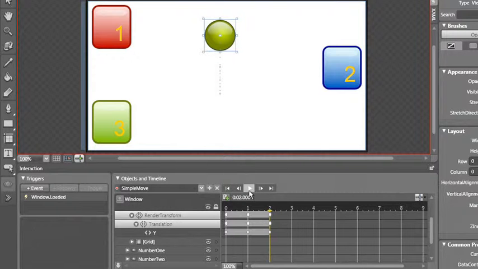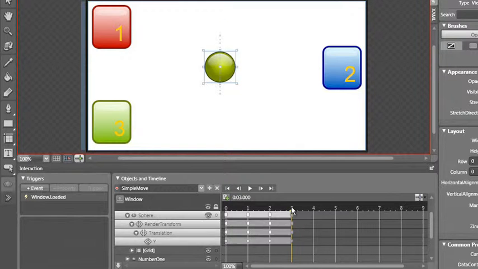Keyframes can also be copied and pasted. Selecting a keyframe, you can press Ctrl-C to copy it, then move the playhead to the desired location, and press Ctrl-V to paste it. Now, at time 3, the ellipse is going to have the same properties it had at time 0 when I